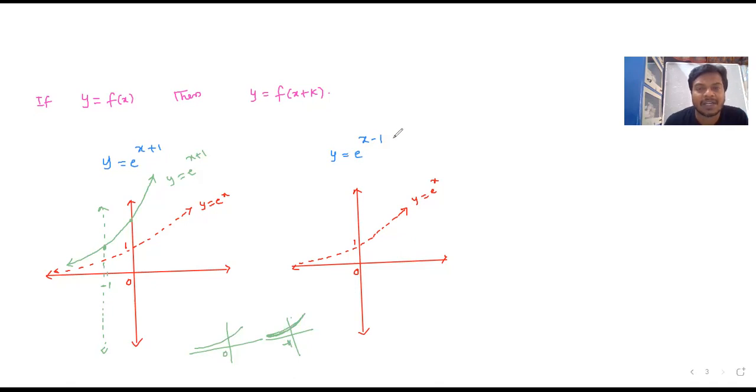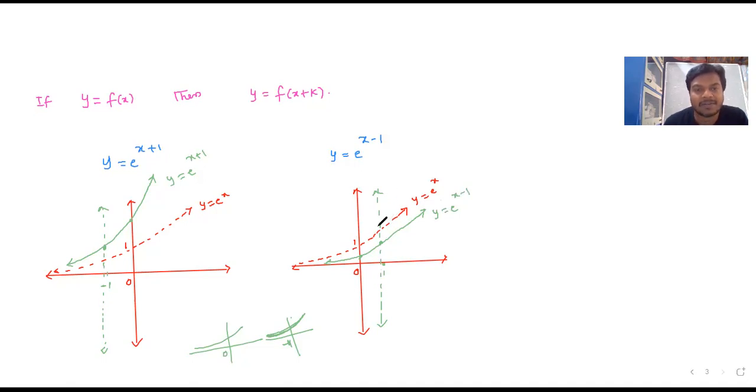Okay. Next, to draw the graph of y equal to e power x minus 1, if you write x value 1, then e power 0 becomes 1, right? Next, if you write 0, e power minus 1, 1 by e. Here, nothing but now it acts like y-axis. You can draw the general graph. This is y equal to e power x minus 1.